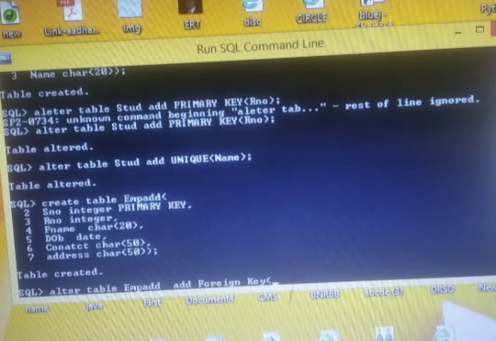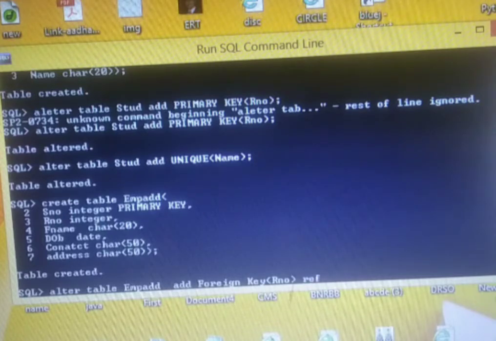You have to relate your roll number with the roll number of that previous table. So we can write here the roll number of this table in which I am working, which is RNO.